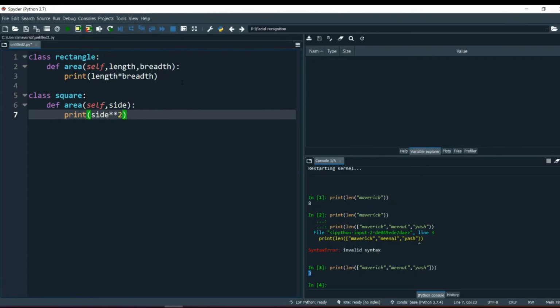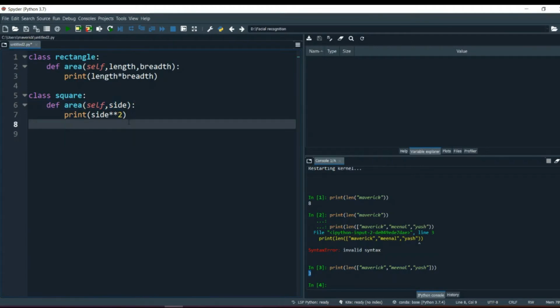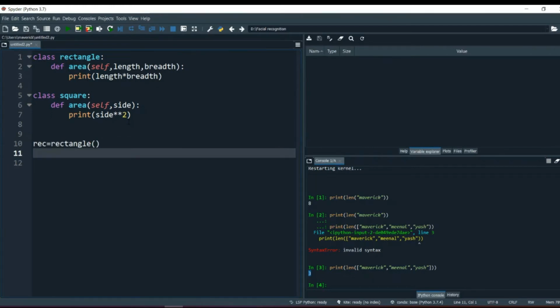Okay, you see what we did here, we created two classes, and inside the two classes we created the same name method, area and area. In the first method we are passing two parameters, and in the second method we are passing one parameter. Now if we create an object of rectangle, we are not initializing, so we're not passing values over here,